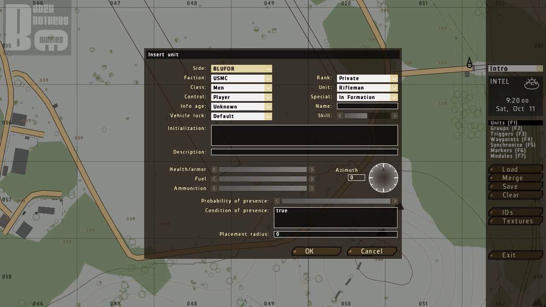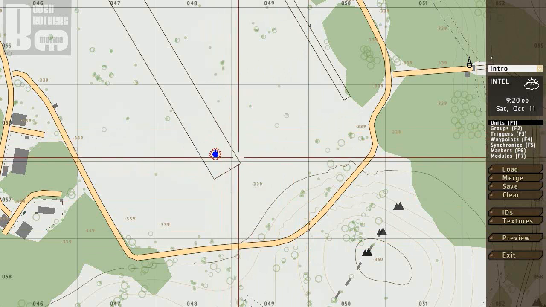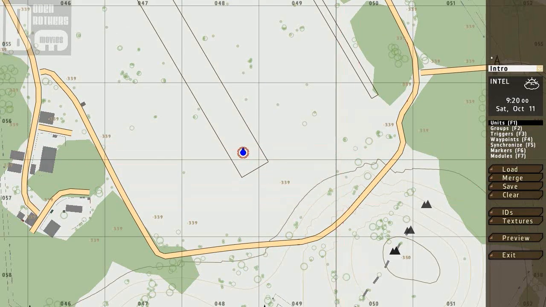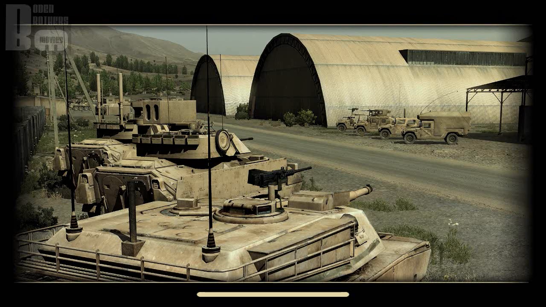Units is basically every object in the game, but also every player or NPC. So what we're going to do is use a default loadout, so you've got a Blue 4 male and it's US Marine Corps, I believe that stands for, and it's a rifleman. So if you just press OK, as you can see there you've got a rifleman spawned now. So that was just simply a few clicks. And then if you click preview,